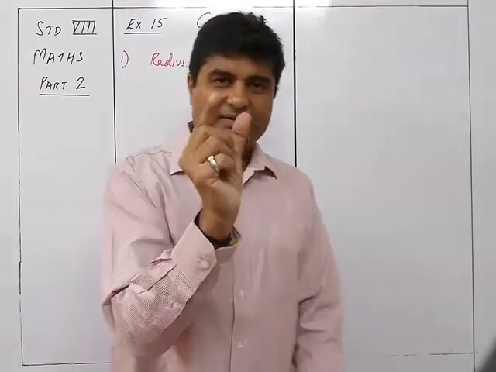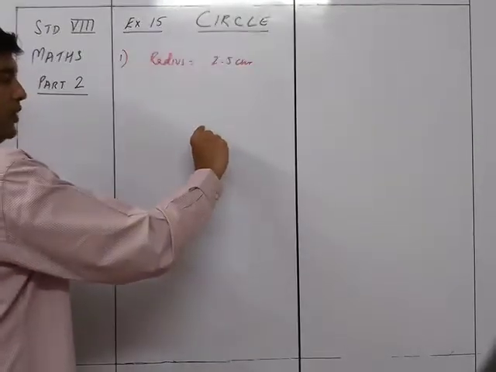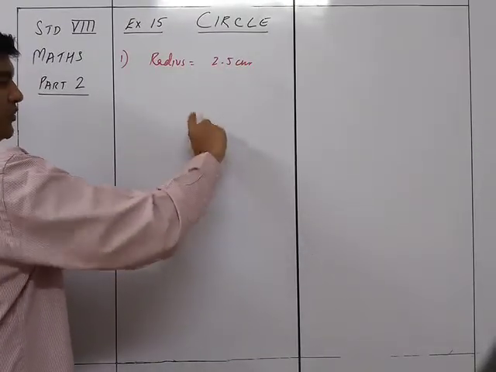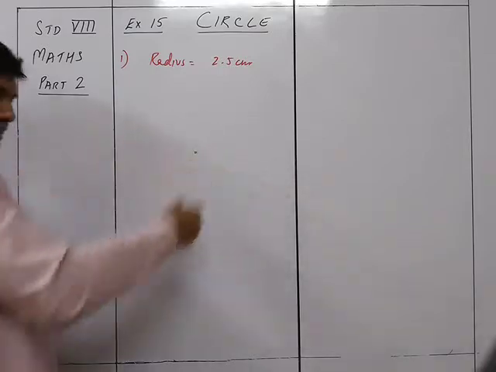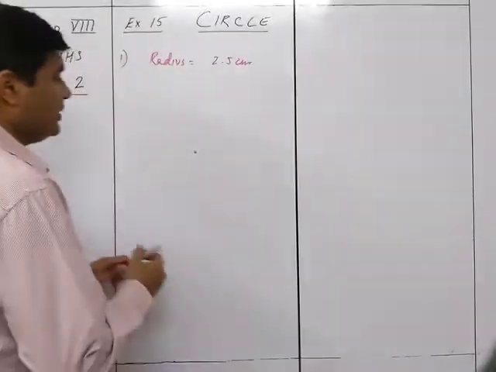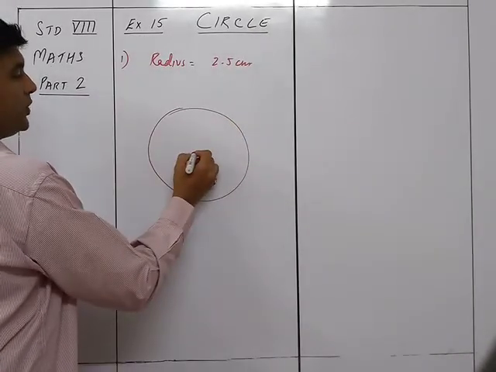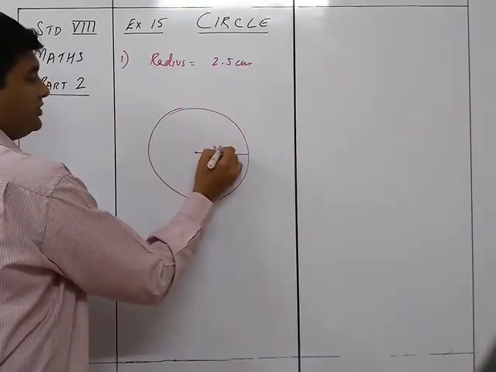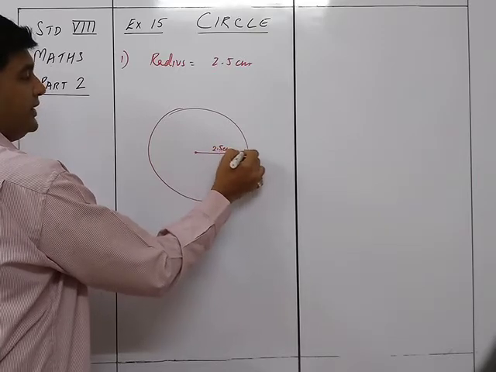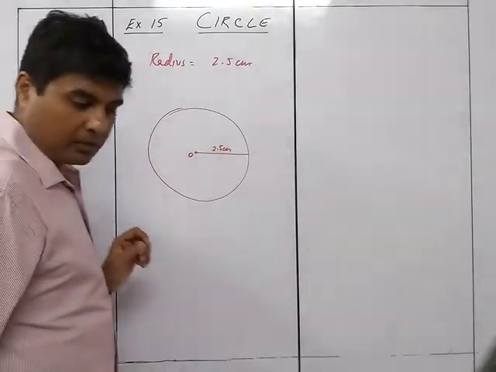Take that as the radius. Take this particular point and then I'm going to draw the circle. So from this I'm going to draw the circle like this. Accordingly, I'll be able to draw a circle over here like this of radius equal to 2.5. So this is the 2.5 centimeter radius circle with center O.